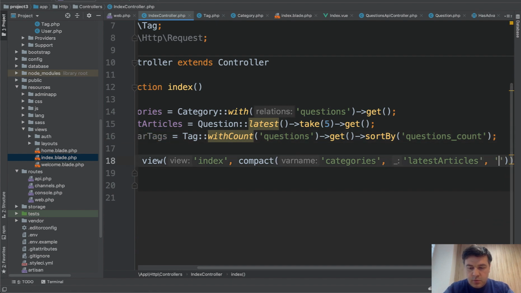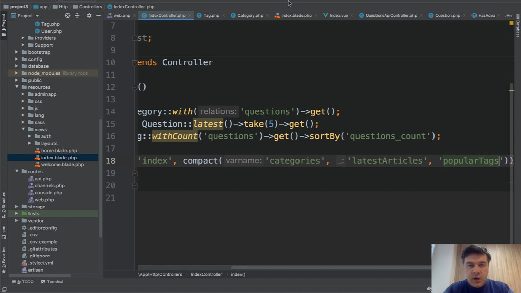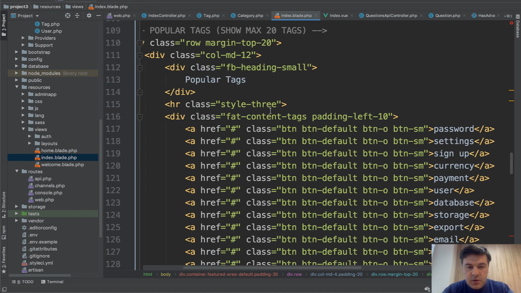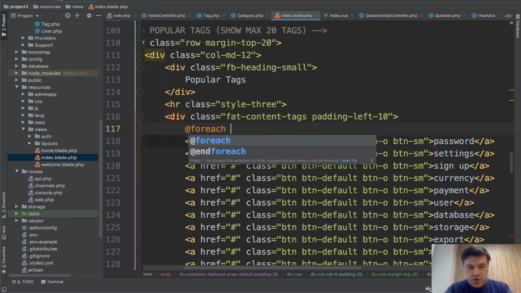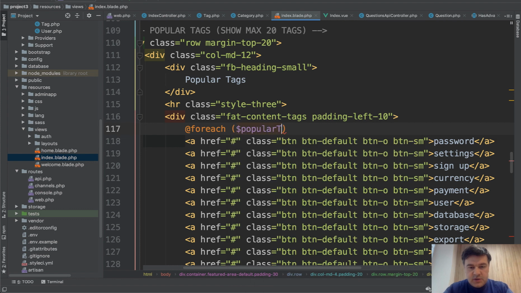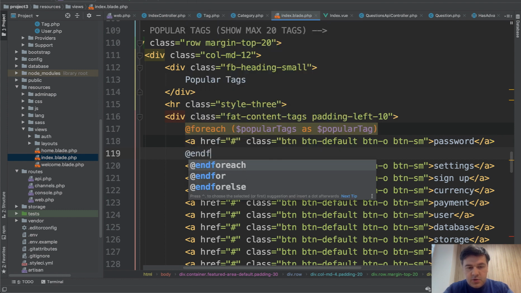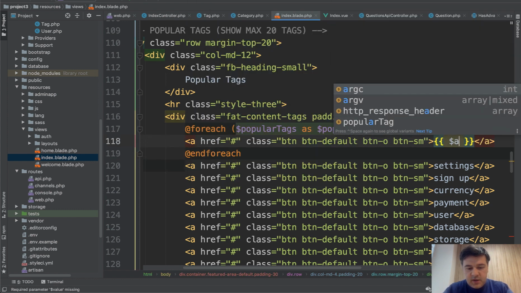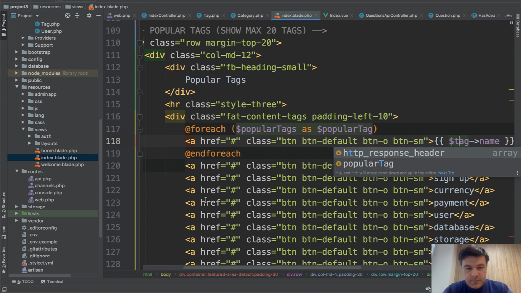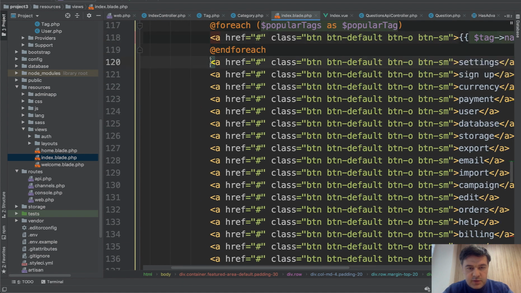So popular tags here, and in the blade here we'll have foreach popular tags as popular tag, and endforeach, tag name tag. And let's remove all of those static ones